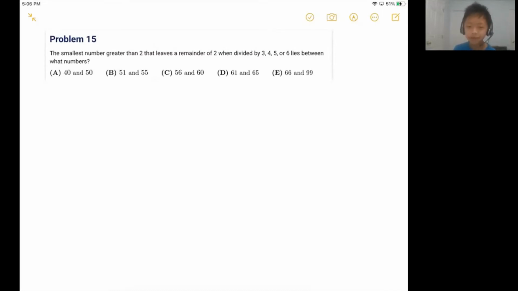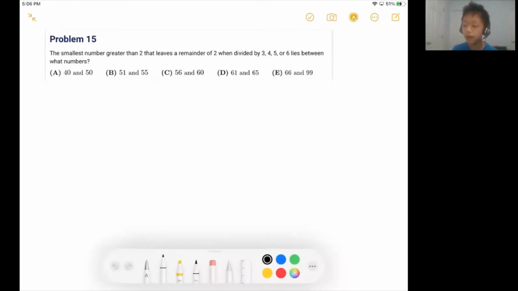So we want to know the smallest number greater than 2 that leaves a remainder of 2 when divided by 3, 4, 5, 6. Okay, so this question talks about stuff relating to greatest common divisor and least common multiple. So basically,